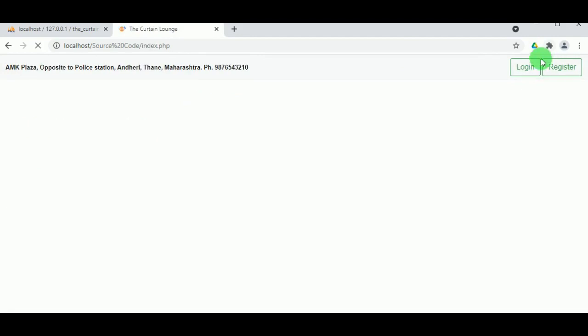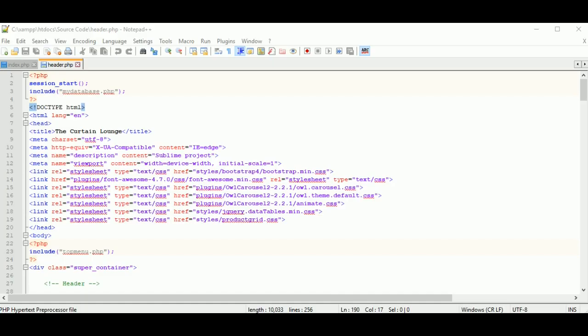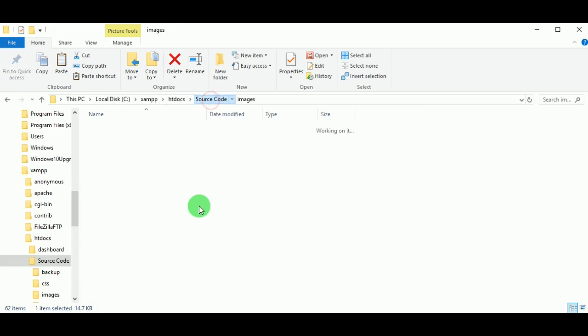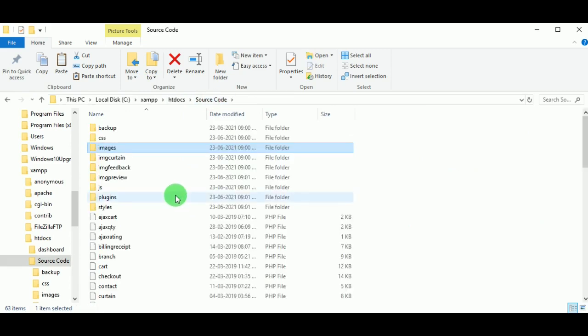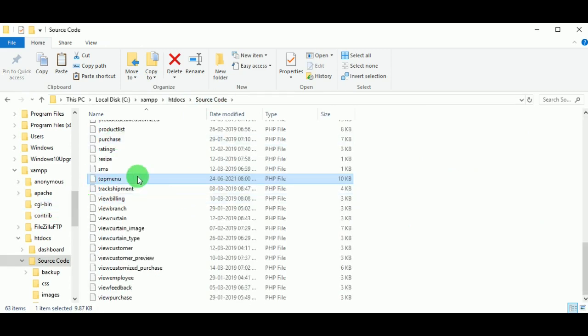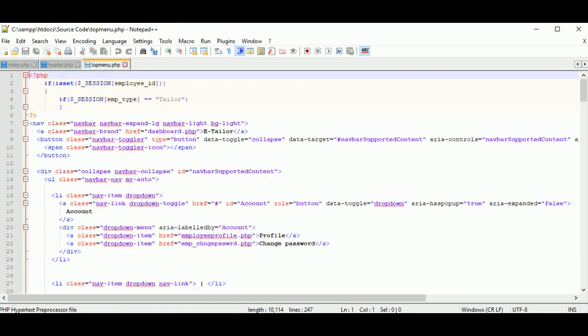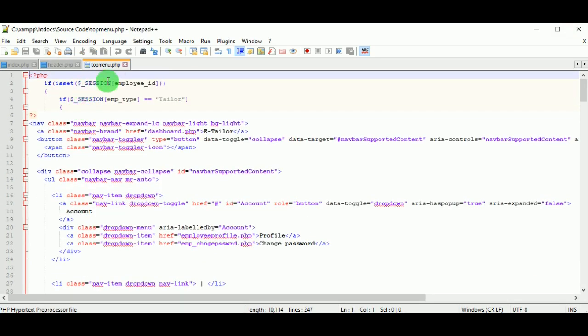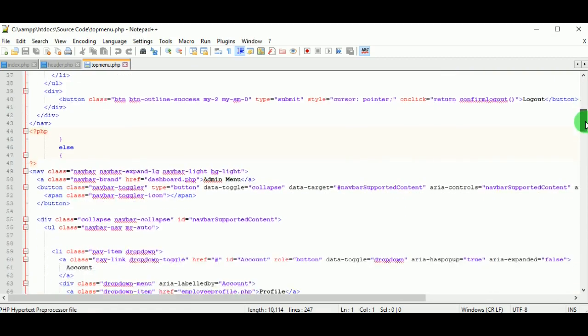Now you can see the address, that is top menu.php. We will see how the top menu.php will work, or what is present in that. Top menu.php is one more file. Let us open this PHP file, and now you can see there are different codes here. We will see it later. Before that, we will see how to change the address information.